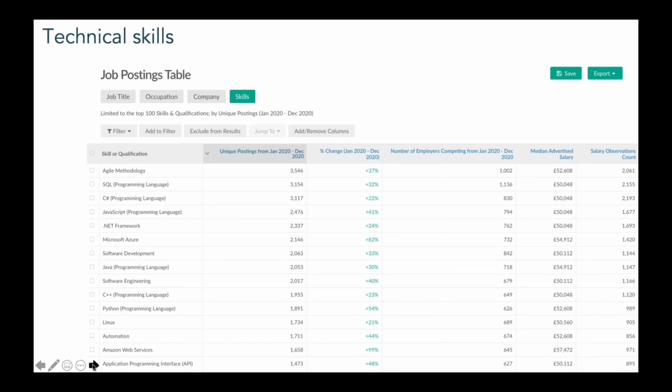And then as we dig further, we can see the skills which employers are seeking when they advertise roles in the mapped occupations. And here, using the same parameters again, we can surface the top technical skills coming through. We could do the same with soft skills and some professional certifications as well. But here we're looking at those hard skills or technical skills.